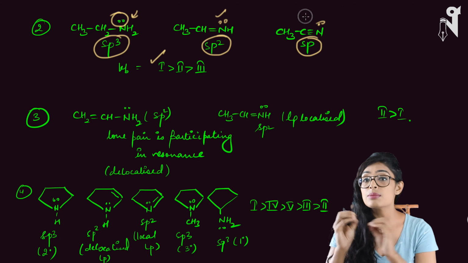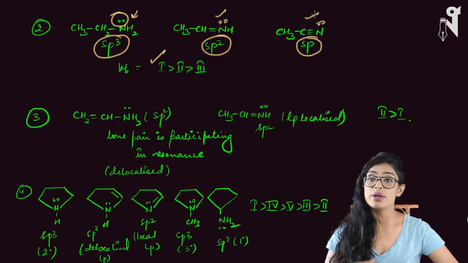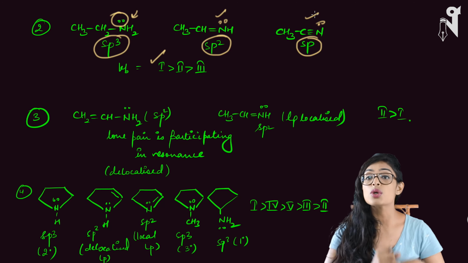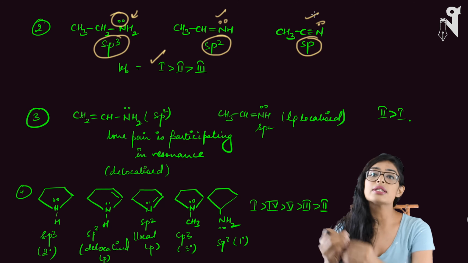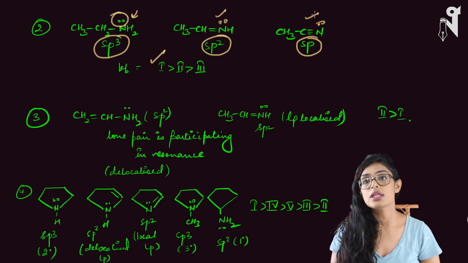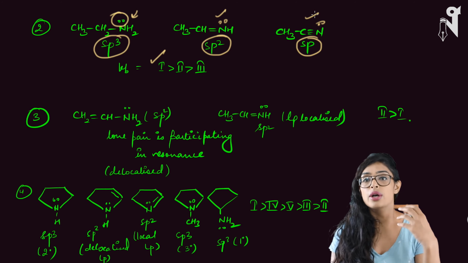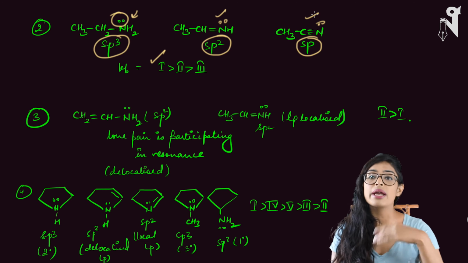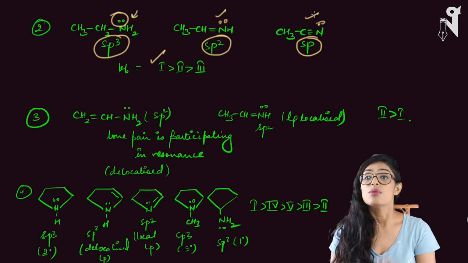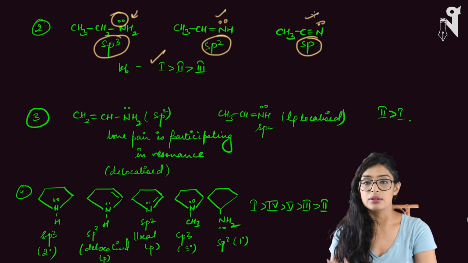Understand this thing here, the atom is same, nitrogen is same in all three cases. Only thing is its electronegativity is increasing. If its electronegativity is increasing, its hunger or its attraction towards electron is increasing. So it would not like to give away its electron density to show the basic behavior, or it would not like to neutralize its negative charge or electron density by taking H plus, and hence most electronegative nitrogen will behave least as a base. Okay, so the order is first, then second, and then third.